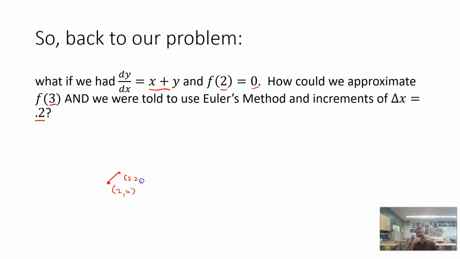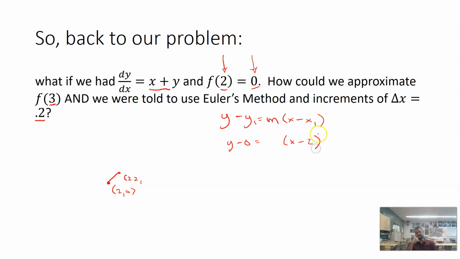Now I'm going to use the equation of this tangent line that I'm about to make to estimate what the original function value would be when x equals 2.2. If you remember, the equation of any line, including the tangent line, is y minus y1 is equal to m times x minus x1. I am writing the equation of the tangent line at x equals 2 and y equals 0. So I'd have y minus 0 is equal to m, and we'll talk about that in just a second,